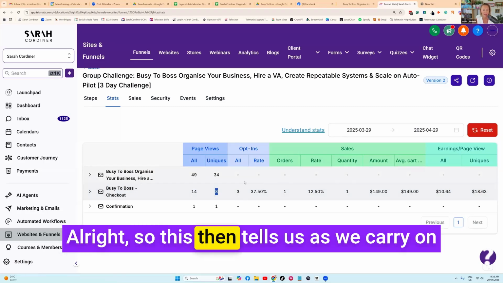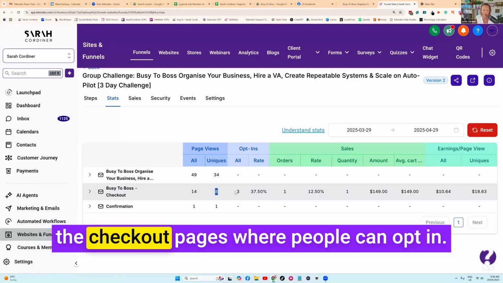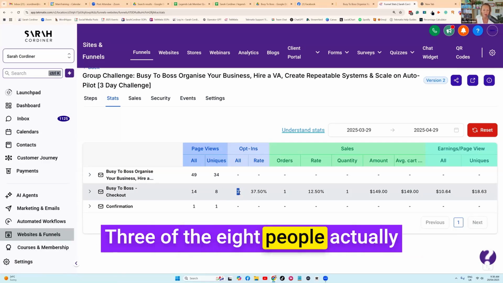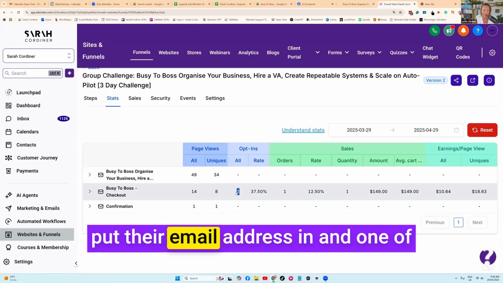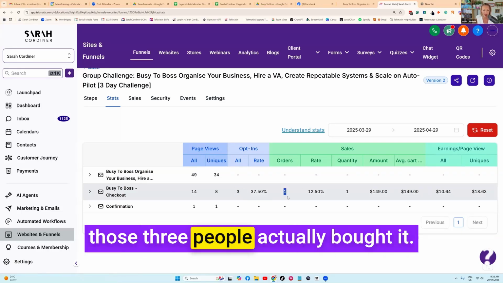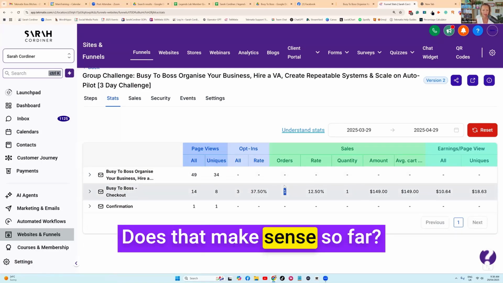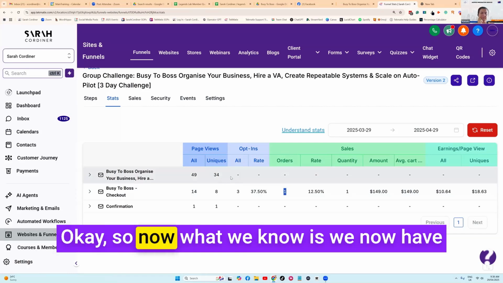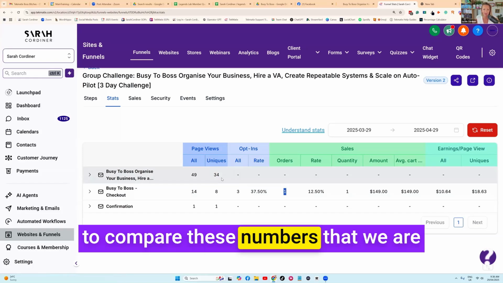So this then tells us, as we carry on, the checkout page is where people can opt in. 3 of the 8 people actually put their email address in, and 1 of those 3 people actually bought it. Does that make sense so far? This is really important. Okay, so now what we know is we now have to compare these numbers that we're